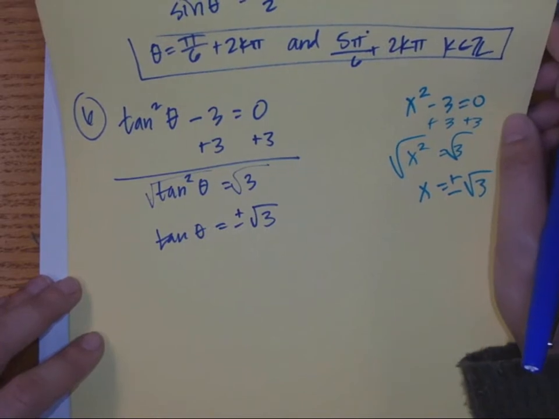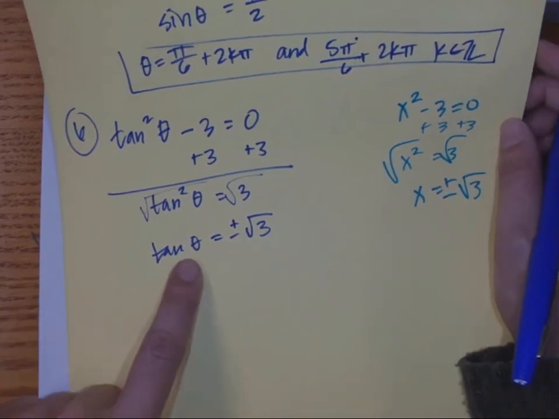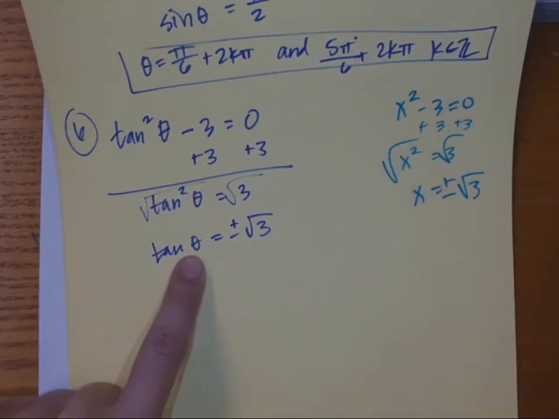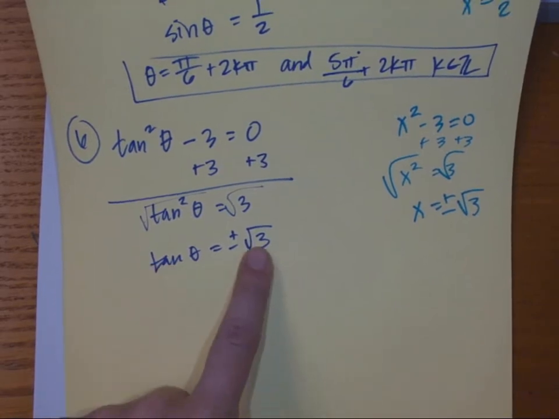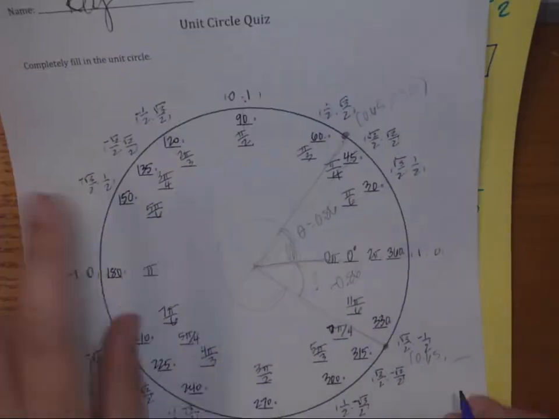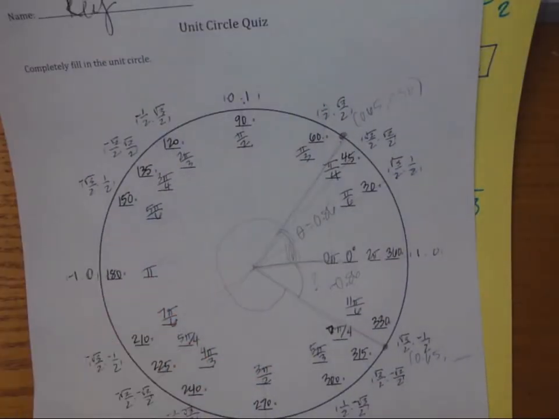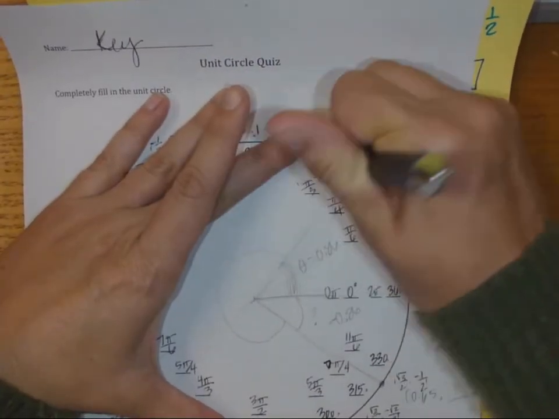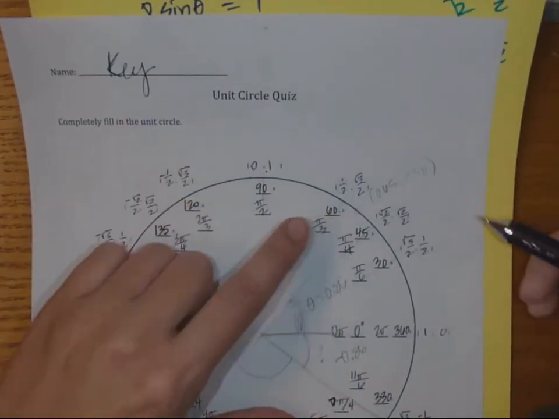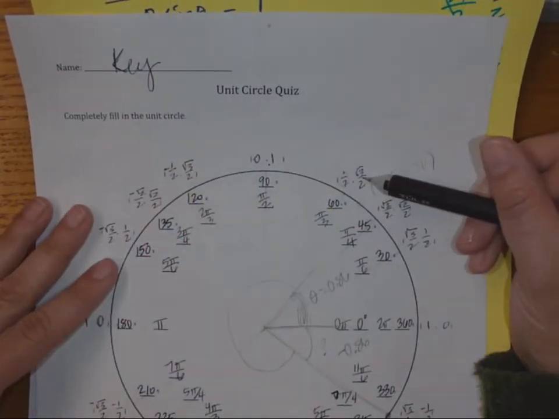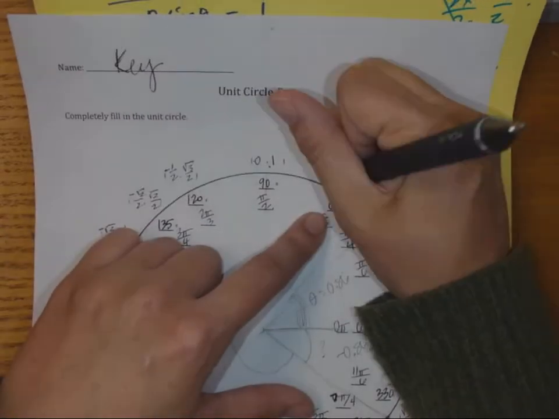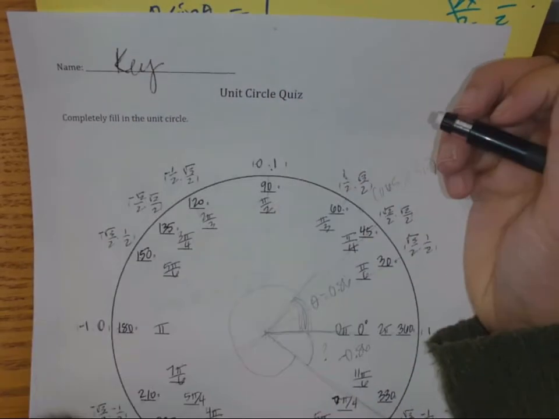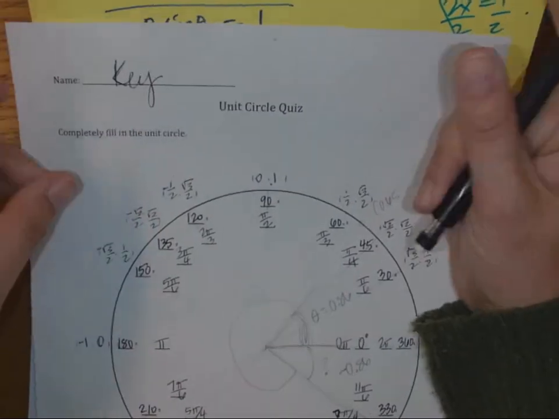Okay, so here to solve, I need to figure out where on my unit circle is sine divided by cosine equal to square root of 3. So the places where sine divided by cosine equals the square root of 3 is, let's see, here, pi over 3, I get positive square root of 3, and then,